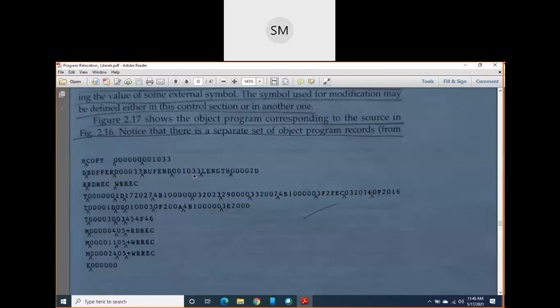And you should write a third symbol, that is LENGTH. So its address is 002D. That also I have written here. Okay, so LENGTH address is 002D. That also I have written here. Next is you should write